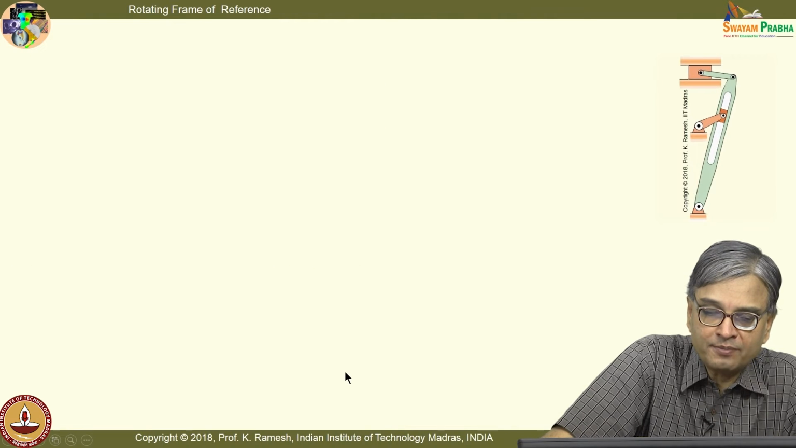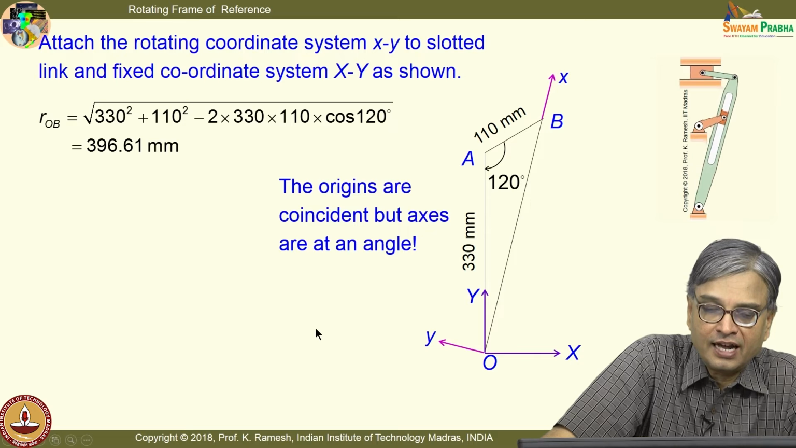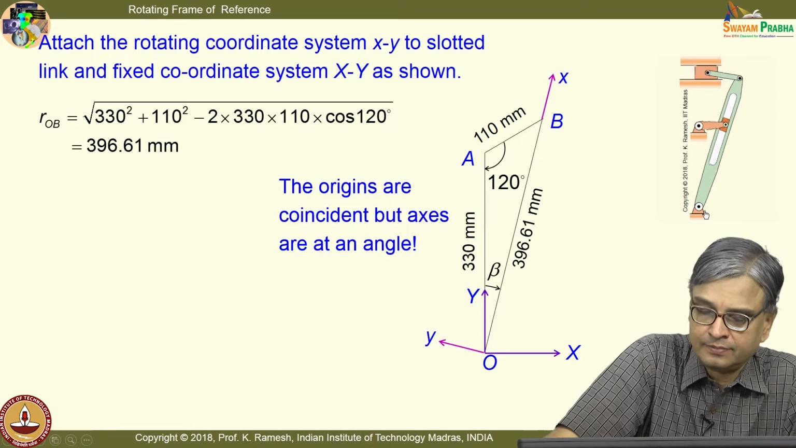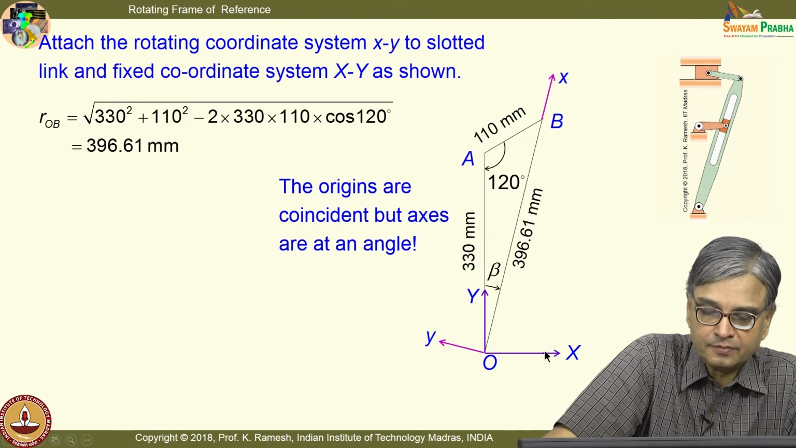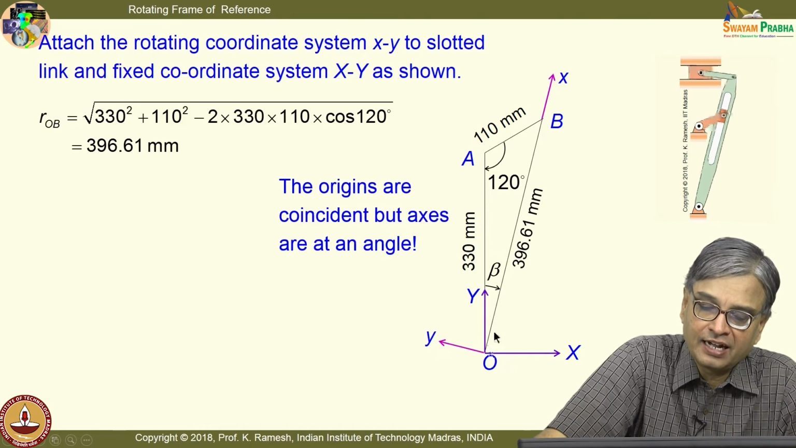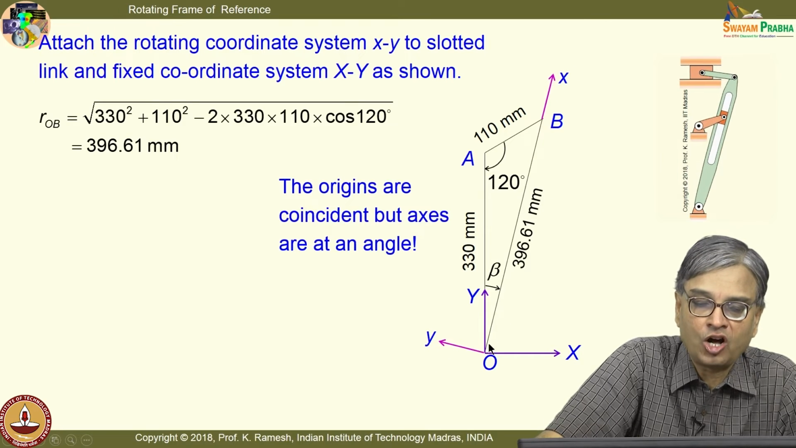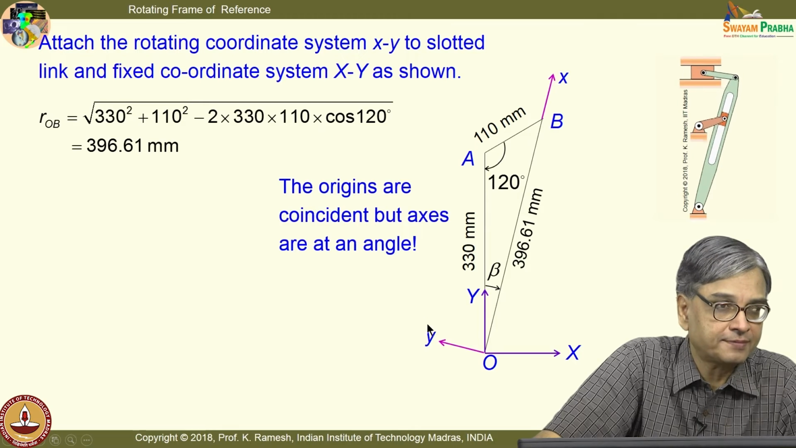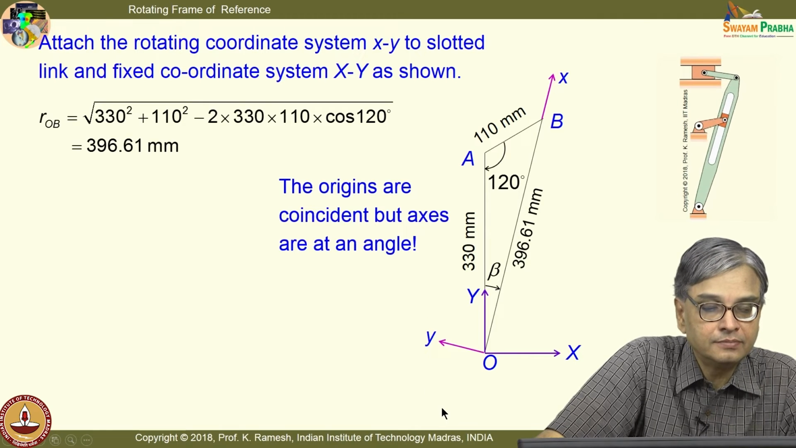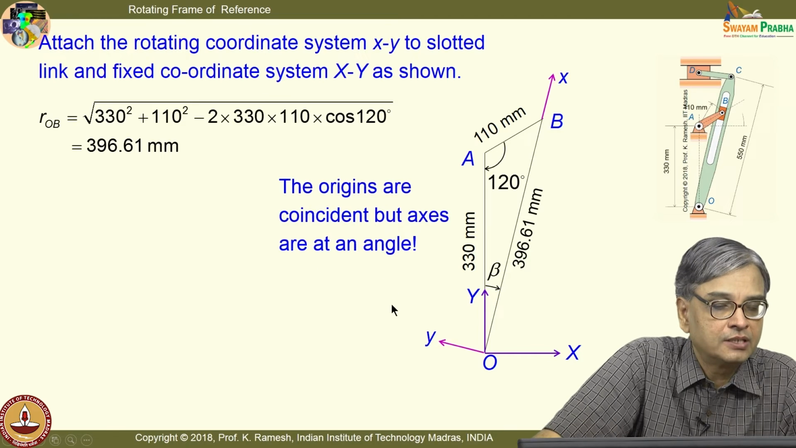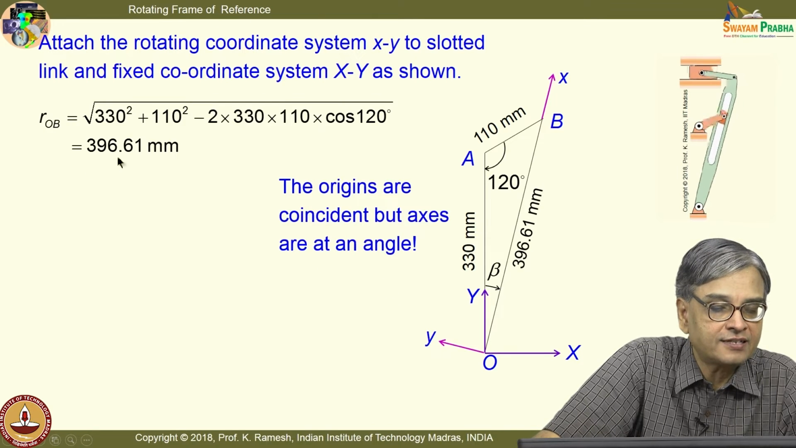So, in all these problems you have to decide what is the fixed axis and the rotating axis. So, fix the axis at point O and then have the axis aligned to the member. You have small x and small y along the slotted member and perpendicular to that. Then you have to calculate some of these quantities using geometry. So, I can find out ROB as 396.61 millimeter,